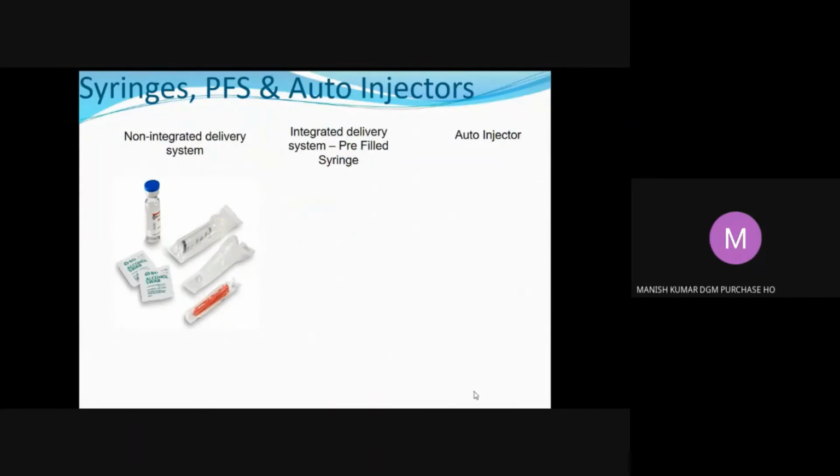And the recent one is, earlier days we were using the injections in vials for giving the injections. Patient is purchasing the disposable syringe, they are purchasing the cottons also there, and whenever the doctor has to inject those vials to the patient, he will first open the flip up seal, then put the needle here in the disposable syringe, and he will take out the medicine and he will apply it.